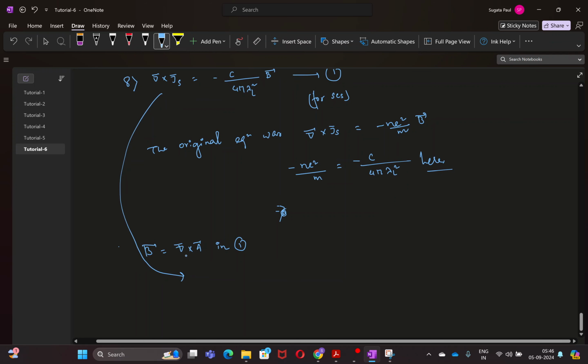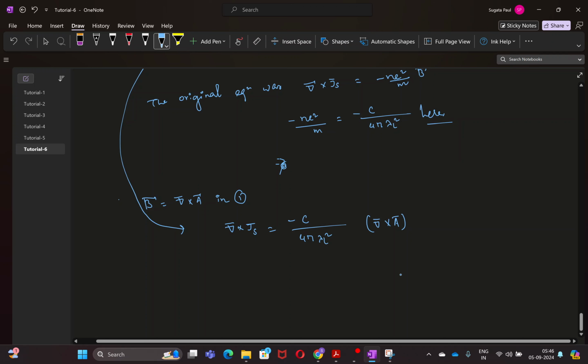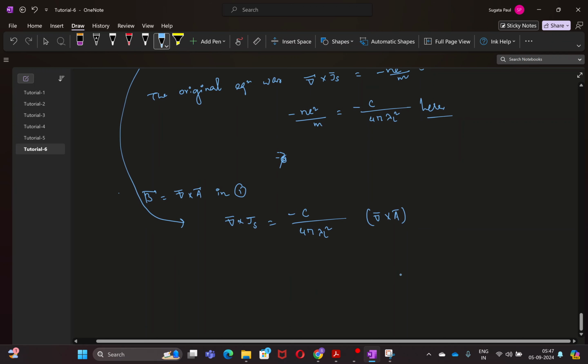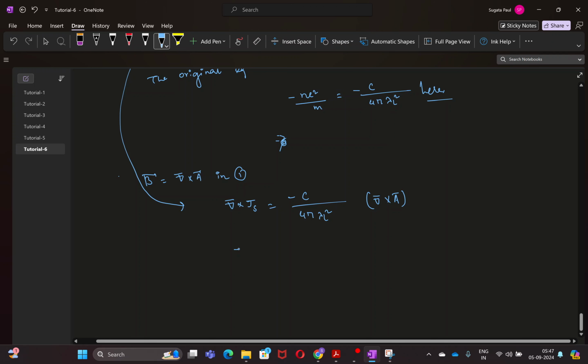So what will happen is that curl of J is equal to minus C by 4 pi lambda L squared curl of A. We just replace B by curl of A. Since there is a curl sign on both the sides, we can just get rid of that. That means we can just take this as